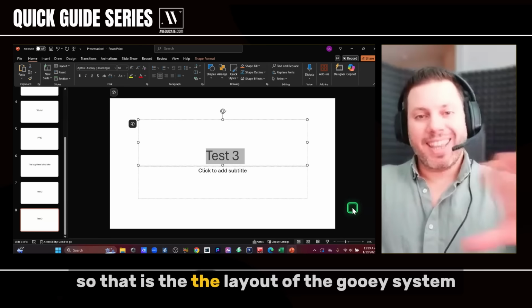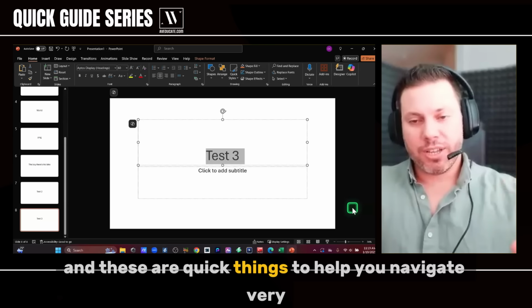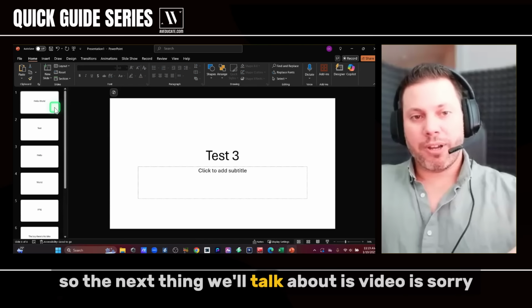So that is the layouts of the GUI system. This is kind of how everything runs and plays out. And these are quick things to help you navigate very, very quickly within the system. So the next thing we'll talk about is